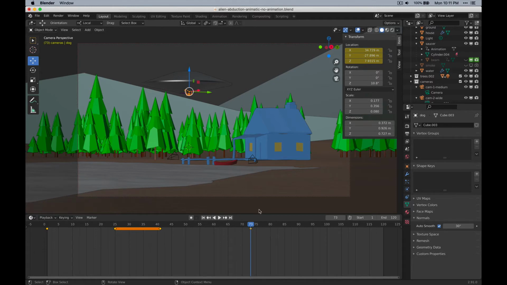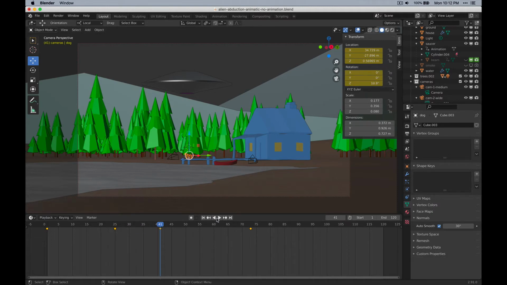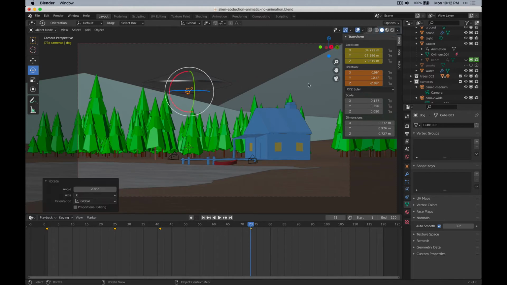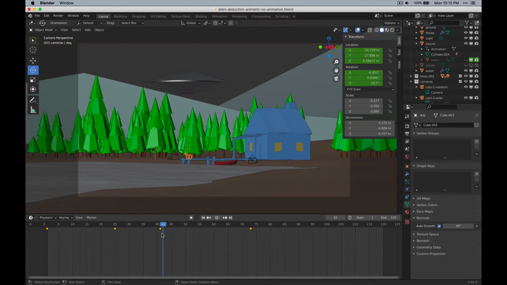But I also want to rotate this, so I'm going to go back and keyframe the rotation here at its default, and then at the final state I want to have it maybe rotated like upside down or something like that. Could be more interesting looking. And now I can keyframe that rotation. Okay, and so if I toggle the beam on here with the eye icon,